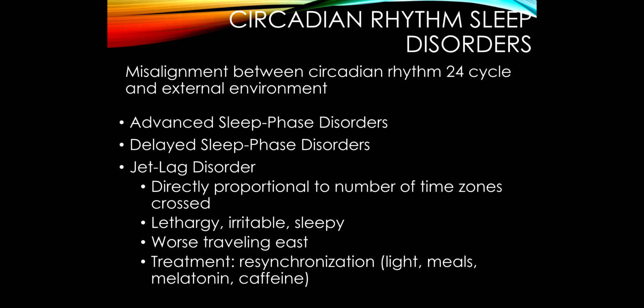Melatonin, taken before it is appropriate to go to sleep in the new environment, can be helpful. And a little caffeine, well, depending on how much caffeine you drink regularly, but when you get over there and it's light, let's say you arrive at 2 in the afternoon, well, that would be actually okay. Take a little caffeine, get a lot of sun exposure, try to stay up. Don't take naps. Try to stay up until 8 or 9 in the evening, and you can usually pretty easily reset those circadian rhythms.